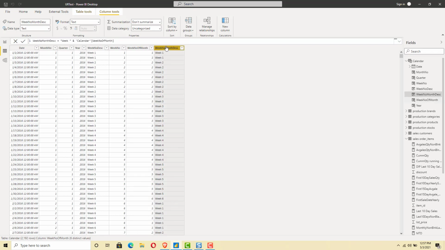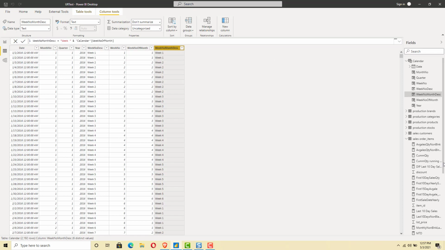And then we will also have a corresponding display field which is called the week number month description. This is just to show the display on top of our report. So this will be the same value but with the word week appended to it. So this will be text, the other one would be an integer. Now once these two additional columns are added to our date dimension, we are ready to do the cumulative calculation based on this week number.